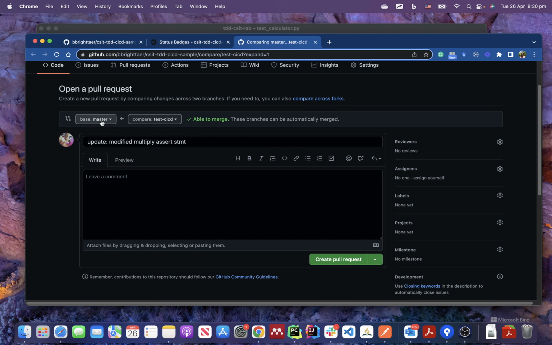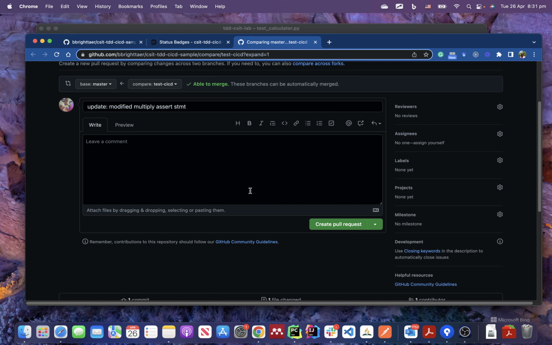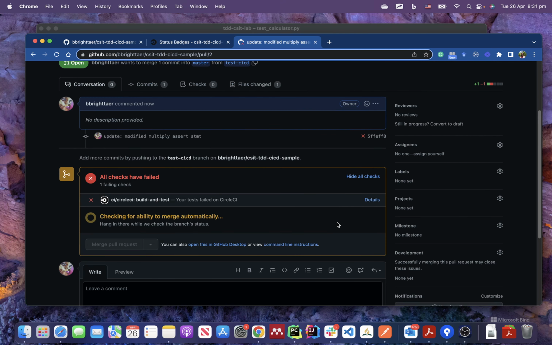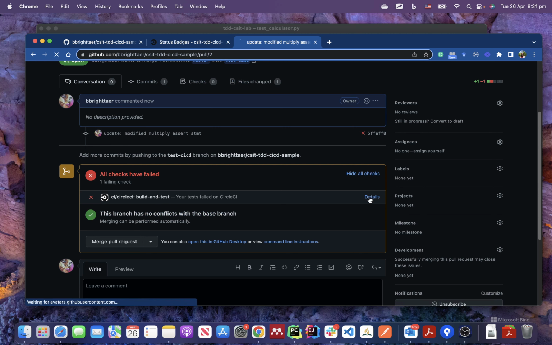Now if I try to create a pull request from this branch that we just created to the master branch, to target the master branch, maybe at the reviewer side I can assign my team leader to review the changes, the code that I've worked on. If I create this pull request, now GitHub will invoke